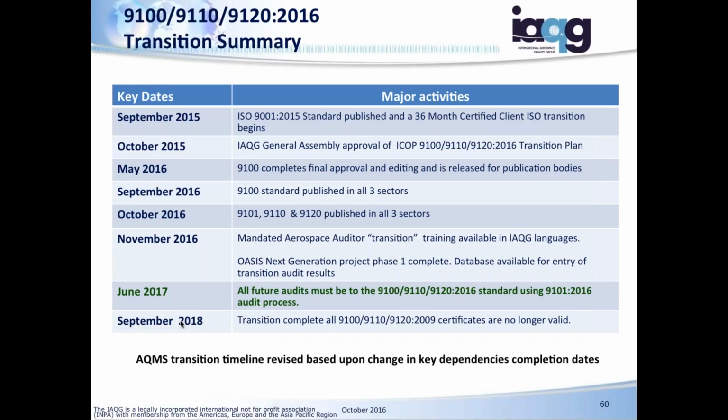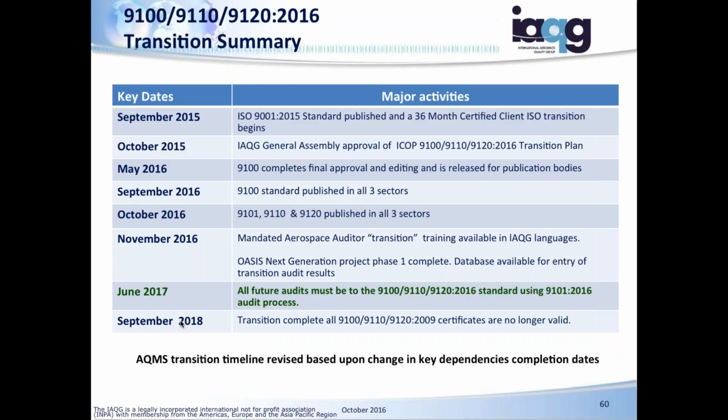So many people are getting excited about that, and I can understand that. But we need to ensure that we work to the September 2018 deadline that ISO has imposed. Otherwise, suppliers and organizations, you all, will need to have a two-part implementation. One, you'll need to have your CB, Perry Johnson in this case, come out and do a transition audit to ISO 9001, and then come back and do another transition audit to 9100.